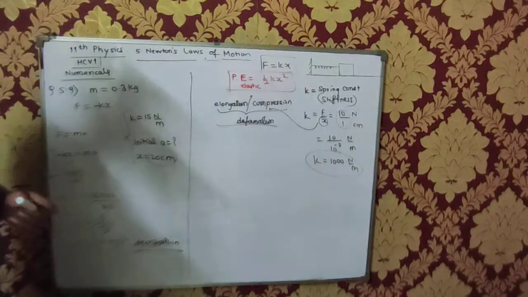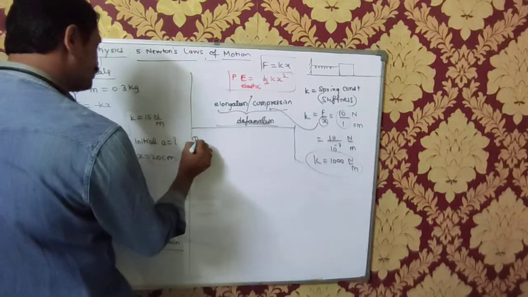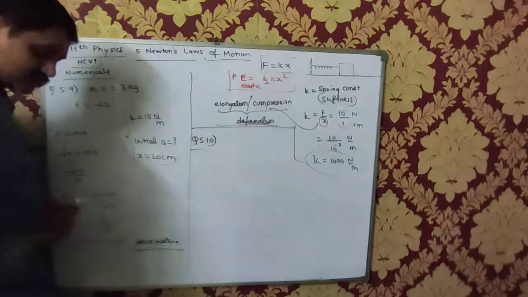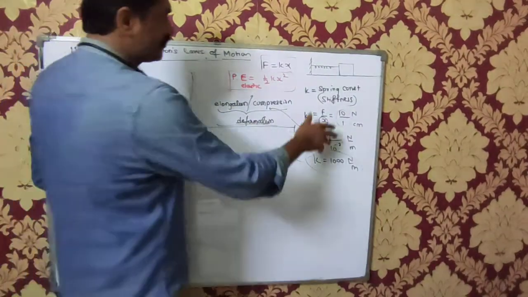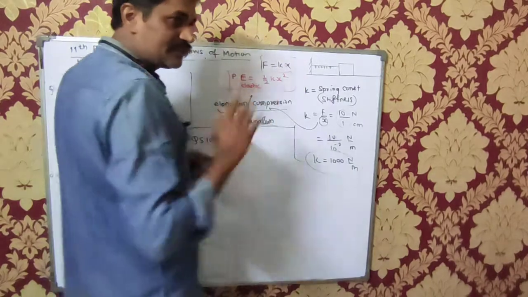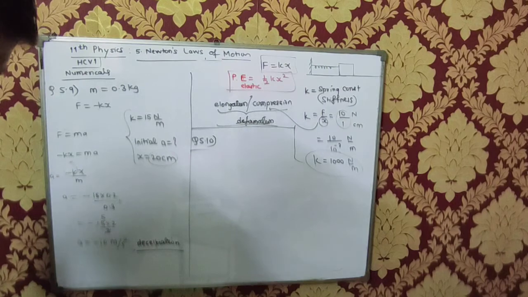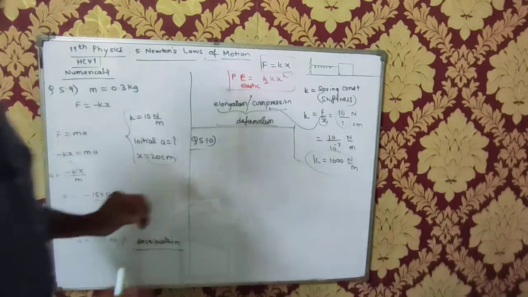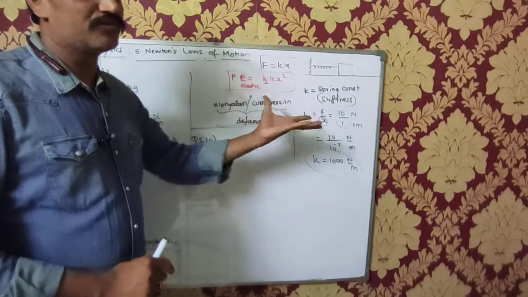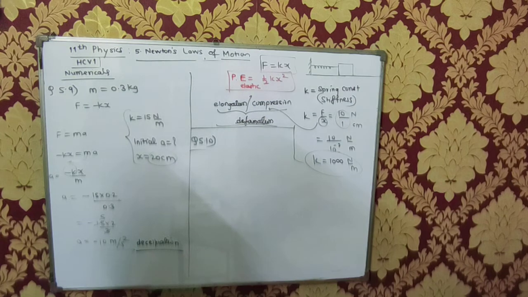Is this okay? Now these are some of the important noteworthy points about the spring, and now I will switch over to question number 5.10, which is based on springs. For both kinds of spring, F is equal to kx. What is k? K is the stiffness constant, the spring constant. Let us read the question. Both the springs shown in the figure are unstretched. Unstretched means they are neither compressed nor elongated. If the block is displaced by the distance x and released, what will be the initial acceleration?